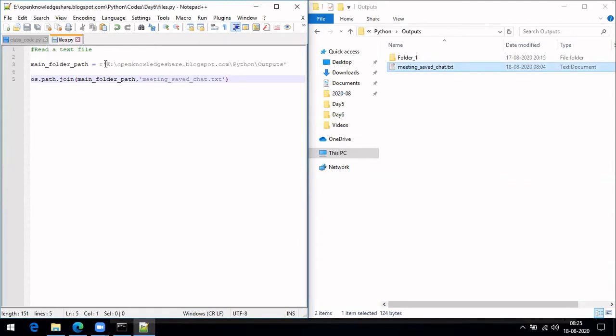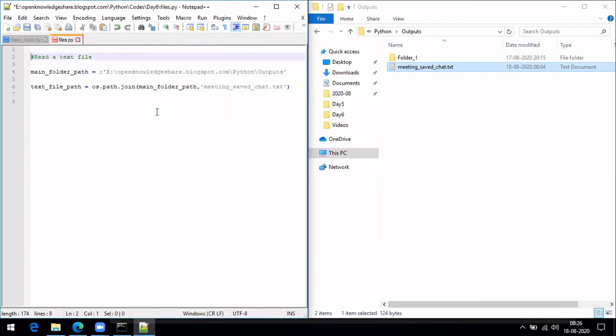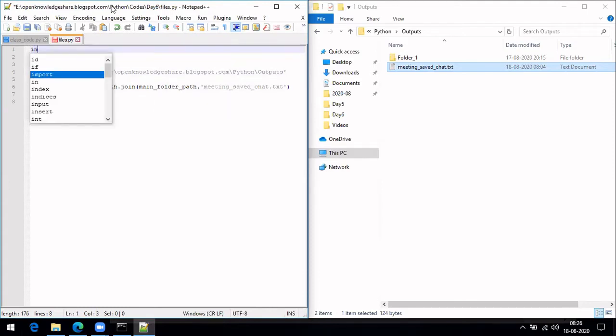So let this be your file. Okay, so let's call it meeting text file path. If you want to read it, you don't need any external library or anything. Just because we are using OS here, let's also import OS.